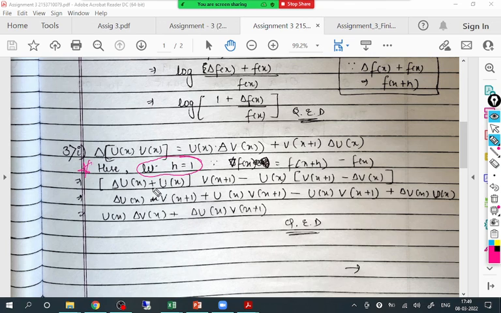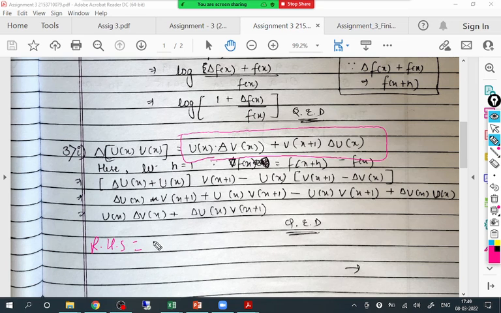That's not correct actually, I think. So from where can we start here? We can start with RHS also. If you have a problem with LHS, you can start with RHS. What is RHS? RHS is